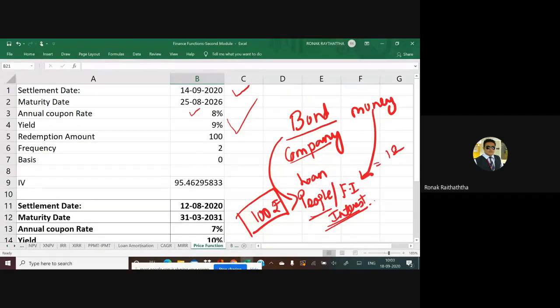These bonds are publicly traded as well. Bonds are not issued only by companies. They can be issued by government institutions, by state governments, by the central government, by the RBI. Bonds can be issued by any entity. But the exact conceptual understanding behind the bond is the loan which they are taking from the people, and people invest in the bonds of companies and financial institutions to get the interest, right?